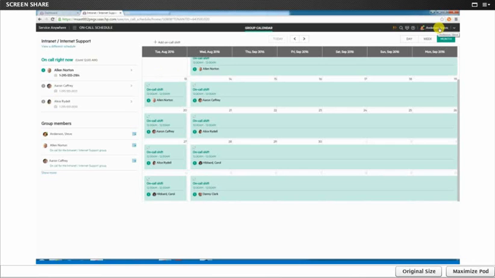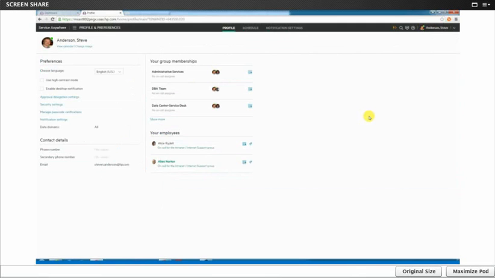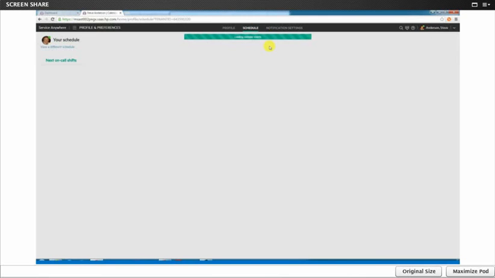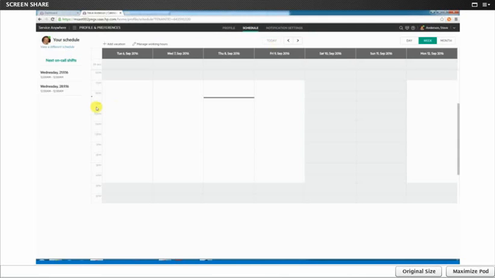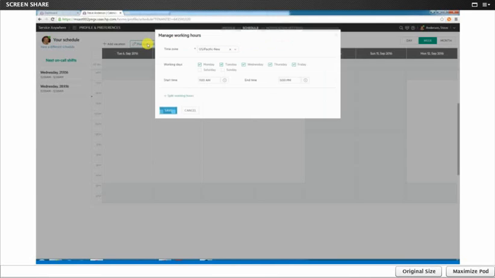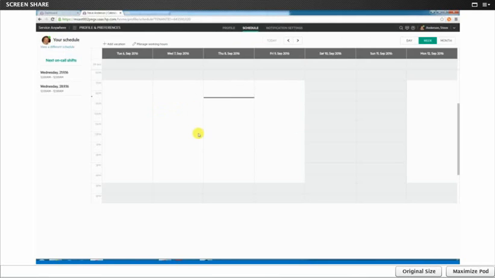I'm going to go back to my profile. I'm just going to show you another thing here. I can view my calendar. I can go to schedule here or view calendar here. Both go to the same place, so I'll click up here, the schedule. This indicates my working hours, so I can manage working hours. I'm working 7 to 5, just a standard schedule here. I could modify that, have a split shift if I need to,